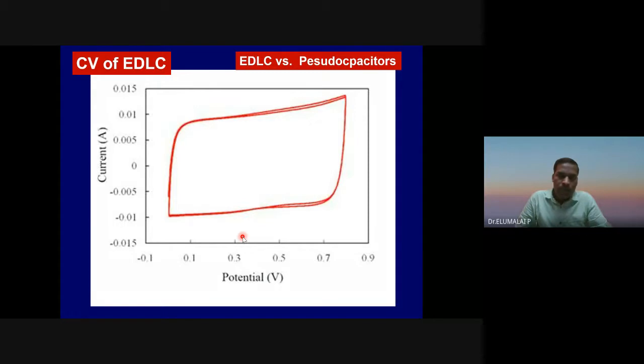The appearance of this rectangular cyclic voltammogram having no redox peaks implies that the electrode material that you have prepared, or the material that you are going to use for supercapacitor, will behave as an EDLC because there are no peaks. Whatever the current or the charge that is responded is because of the charge separation at the electrode and the electrolyte interface. No redox reactions taking place.